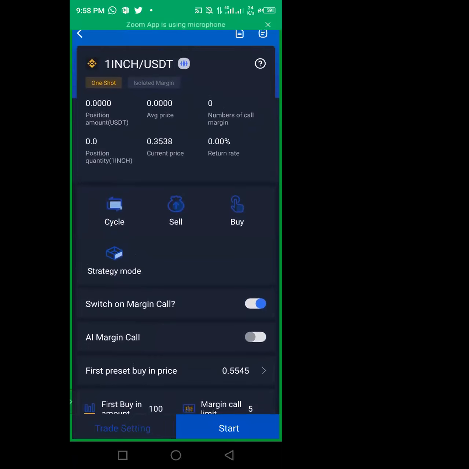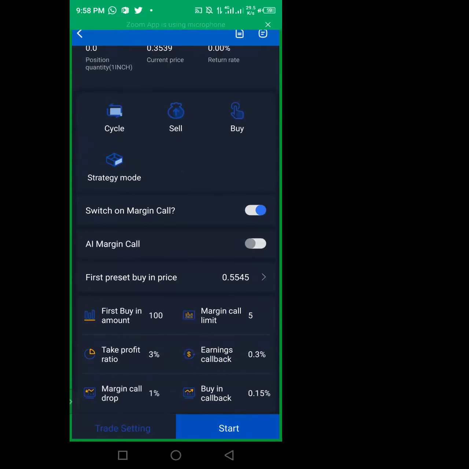It means that once you enter, the coin starts going down. The current price starts going down. Your return rates too will be on negative. But when the current price is higher than the average price, your return rate will be in positive. So all you have to do is to wait